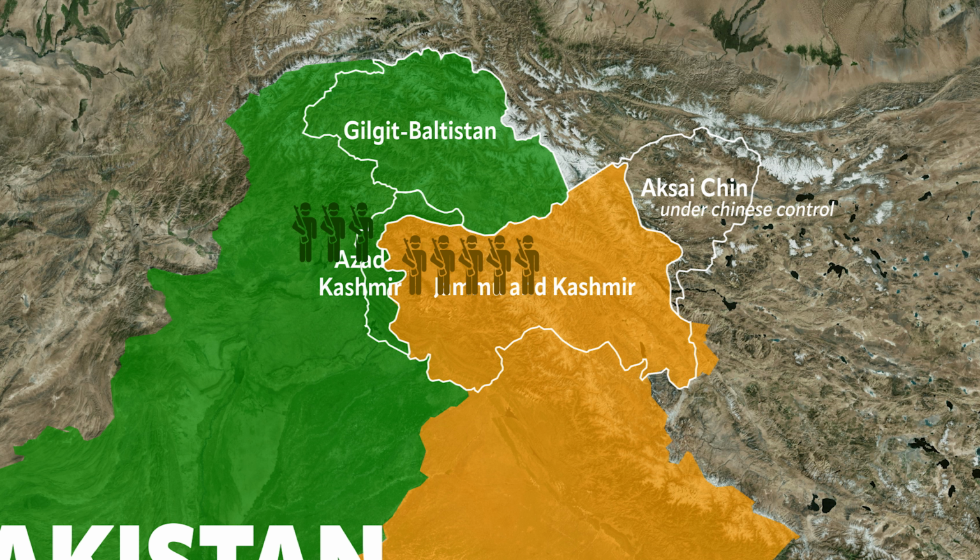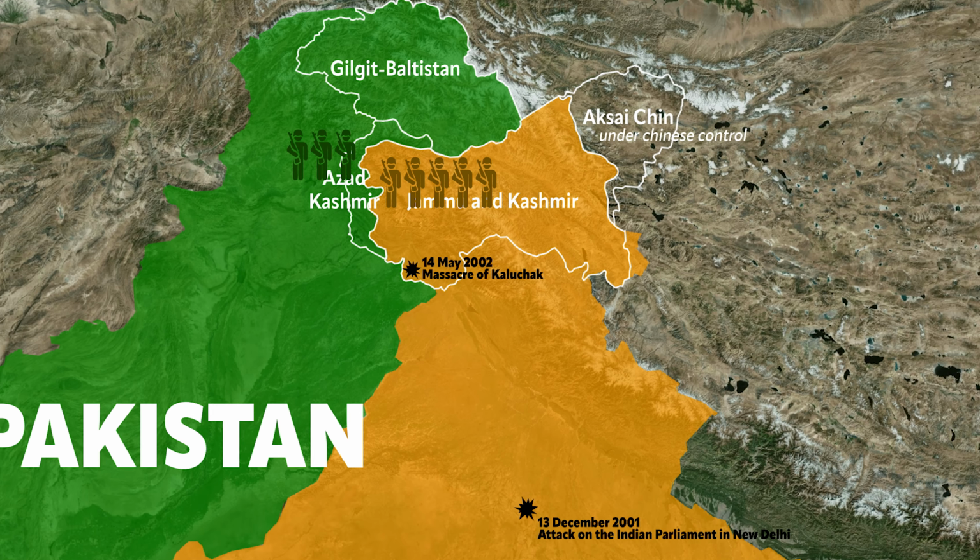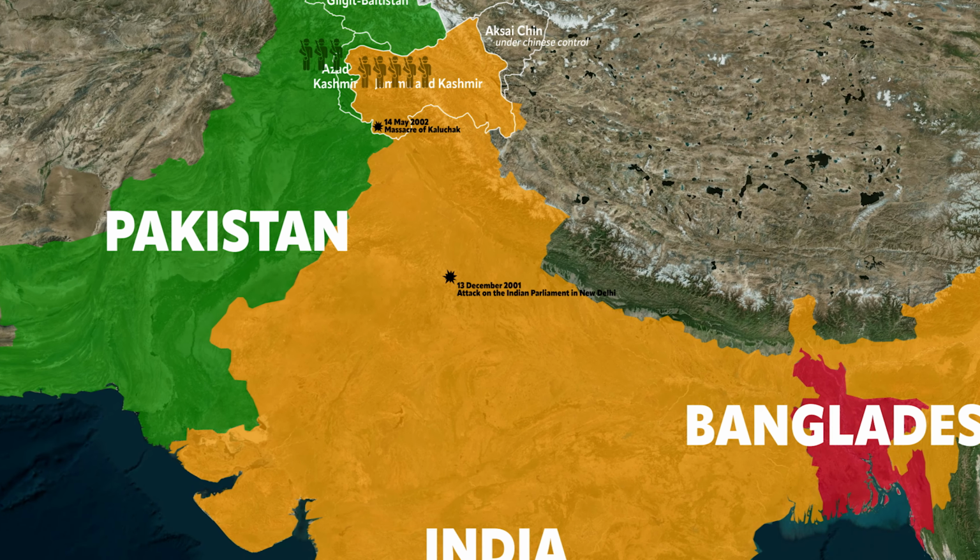Tensions eased somewhat, but on the 14th of May of that year, a suicide bomber attacked the Kaluchik military camp, which housed the families of Indian soldiers stationed in Kashmir. India accused Pakistan of reneging on the promises it had made in its speech on the 12th of January, and of being unable or unwilling to deal with terrorist groups on its soil. It decided to respond militarily, and once again, troops from both countries massed on the border. There have been skirmishes and artillery exchanges. India says it will not use nuclear weapons first, but Pakistan says it will not hesitate to use them if necessary. The United States, United Kingdom, Russia, and Japan tried to mediate, and the situation finally calmed down in October